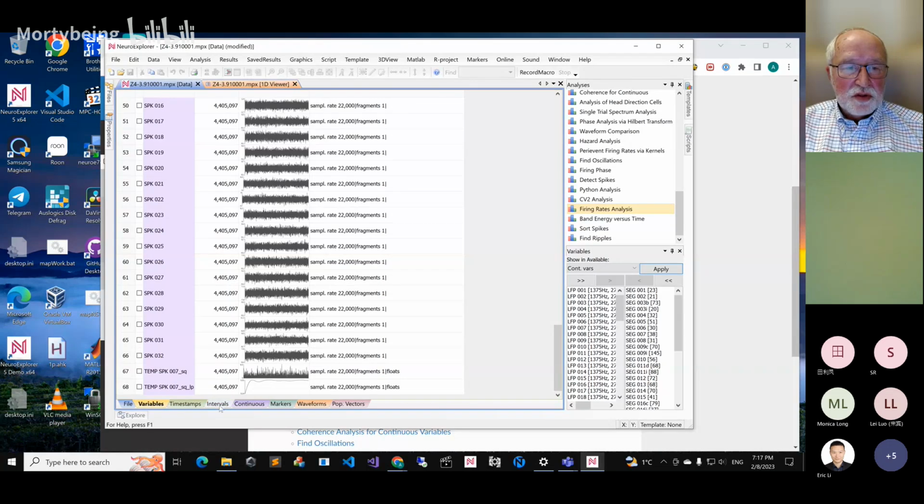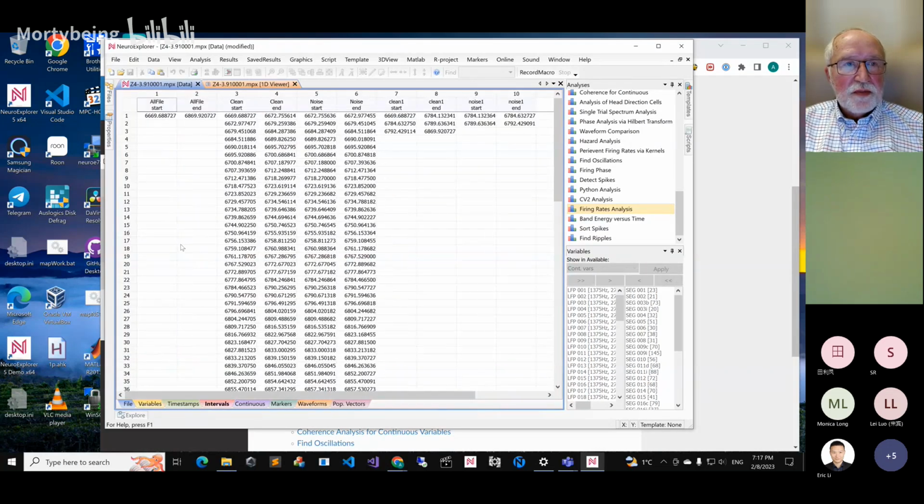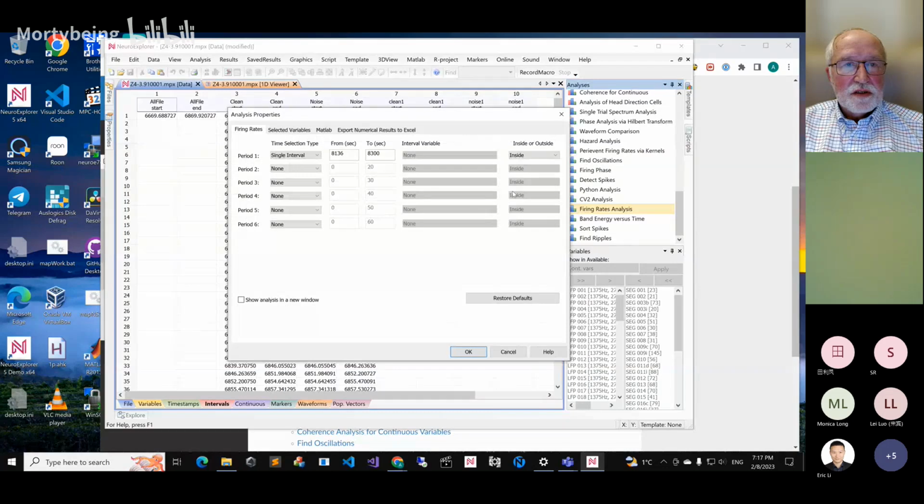To do this, I would usually go to intervals and all file. The all file interval shows you the start, like 6670, and the end, 6870. Now let's do the firing rate analysis. So it's 6670,